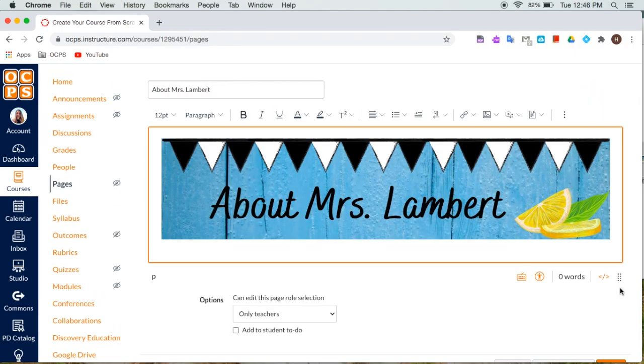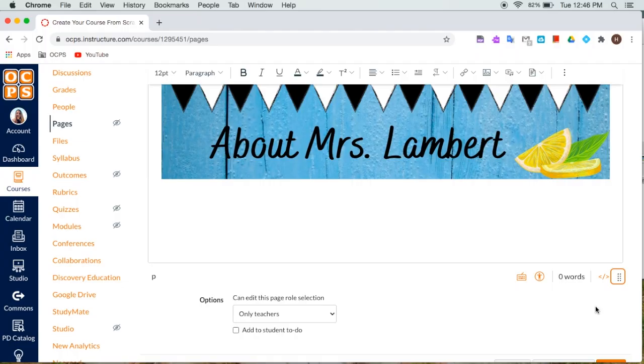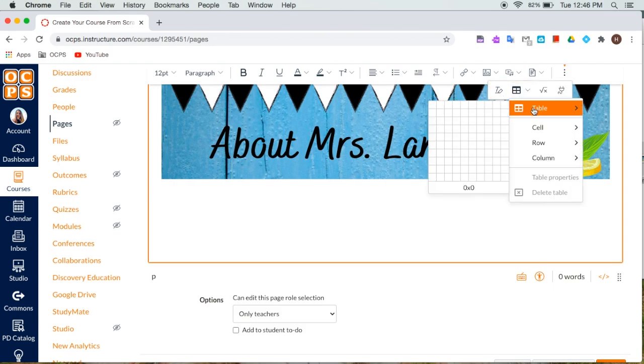We're going to grab these little dots right here, and we can pull it down to give us a little more space to work with. When I do my About Me page, I like to put a table here so that I can have my picture next to my text. Think of it like a Word document where you can't write text next to a picture unless you have a box for it. So for that, we're going to use a table,